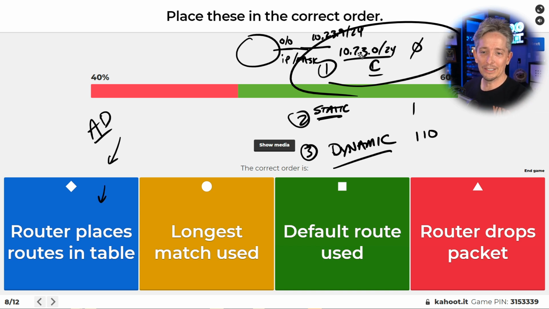Then when a packet comes to the router, it is going to use the longest match, and this is the only route it's going to have in the routing table, the 10.2.3 network, which is directly connected. So it's going to use the longest match. And let's say there's a packet, so that's check next. Now, if a packet's going to, let's say,